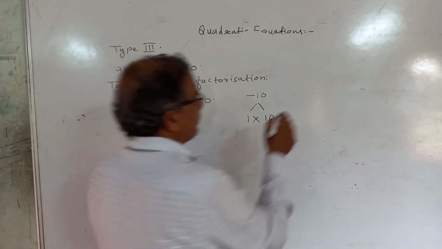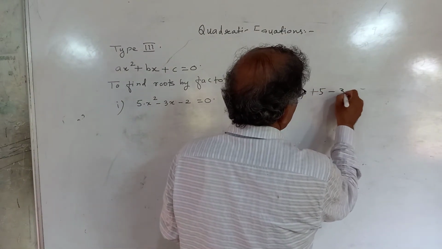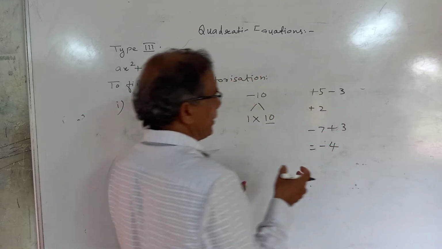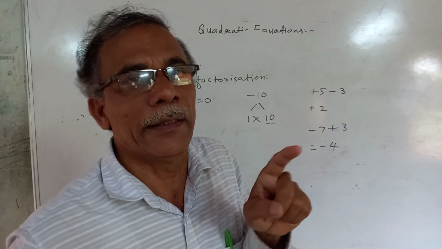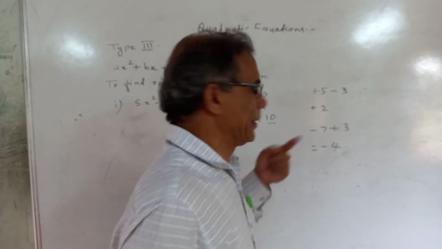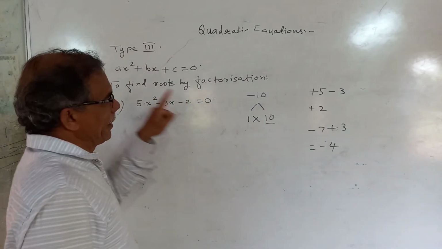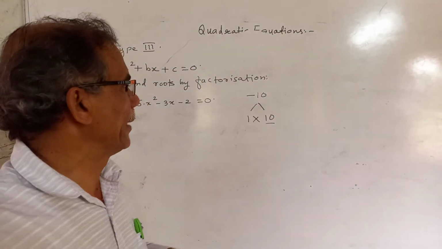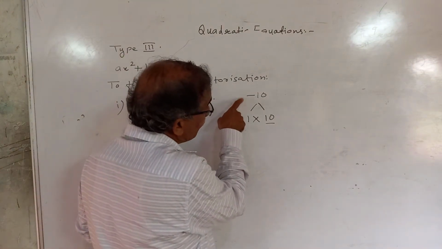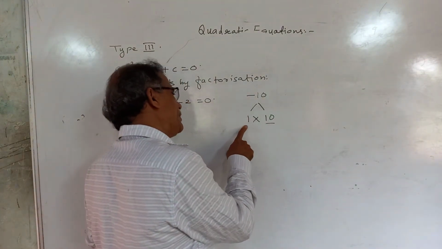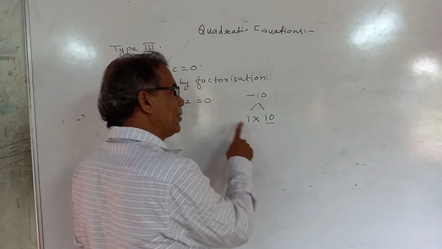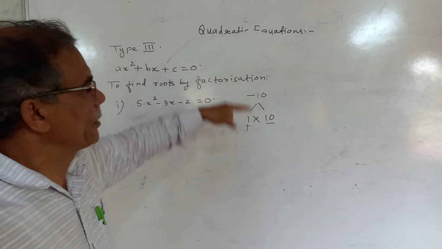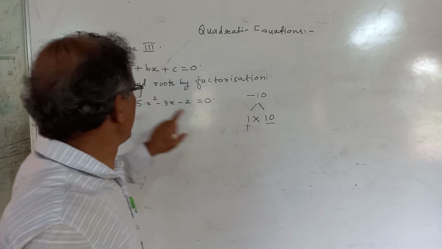Now if you are adding two numbers, suppose plus 5 minus 3, what is addition? Plus 2. Minus 7 plus 3, what is addition? Minus 4. So if two numbers are added, the sign of greater number will always go to the addition. And therefore, if addition is minus 3, here 1 and 10, which is the greater number? 10 is greater, so attach minus 10 there. Now what should be the product? Minus 10. So minus into which sign gives you minus product? Minus into plus. So now you have to write pairs of numbers which will give you product 10, but difference should be minus 3.